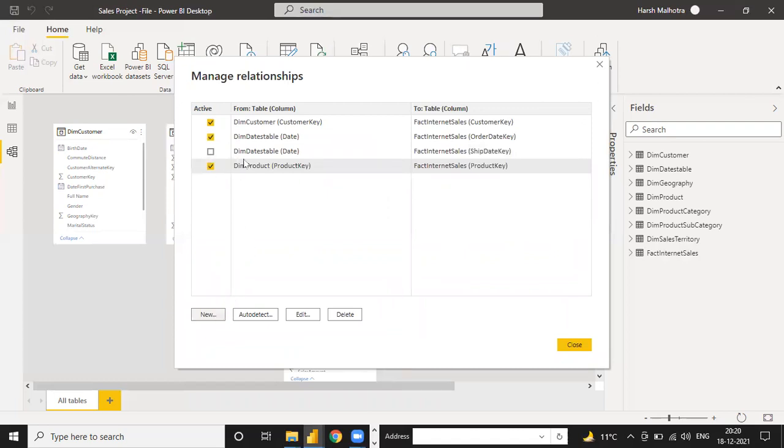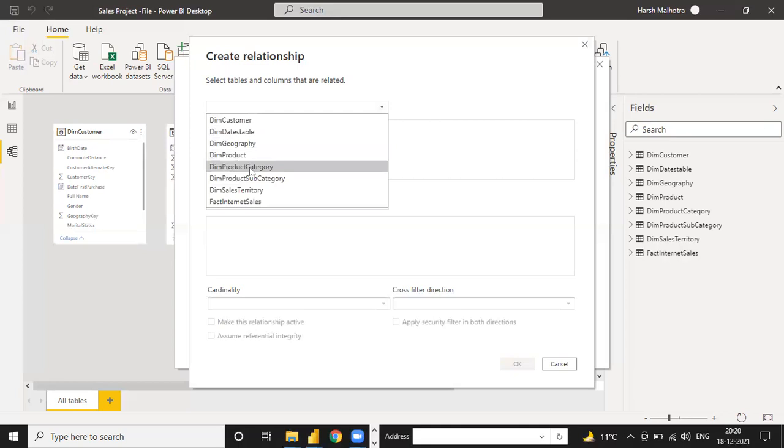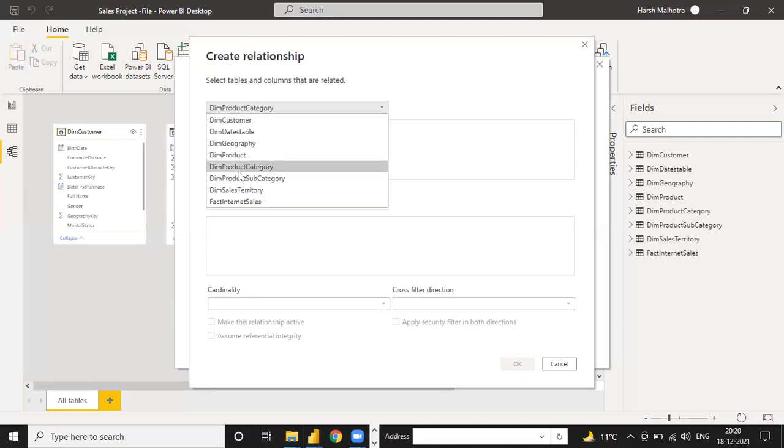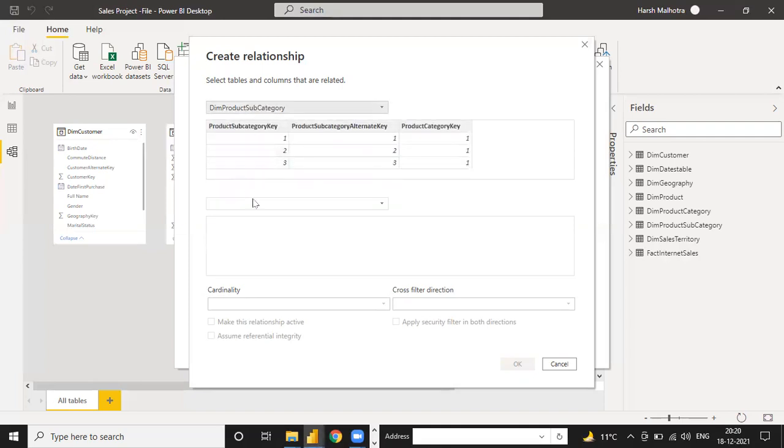Now if I click on new, the next one is product category, and if I click on product subcategory, the last example is dim product subcategory to product category, because we have product to product.